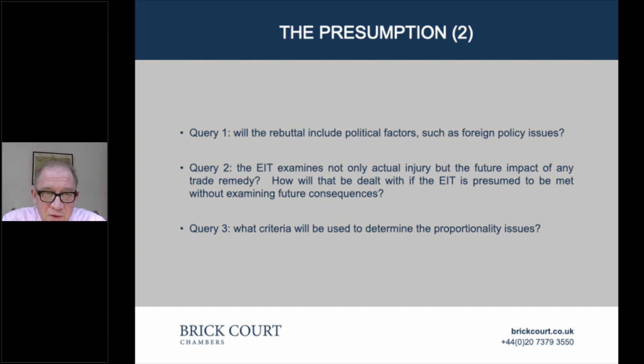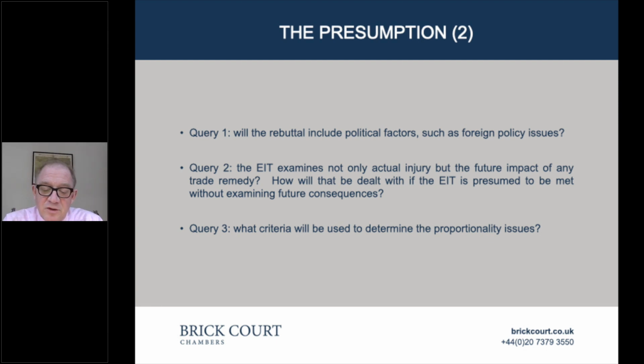Now, there are three queries that I think arise from this existence of a presumption in dumping and subsidy matters. The immediate problem is that it's predicated on actual injury. If there is actual injury, the presumption applies. However, as identified in the guidance I've referred to, the economic interest test not only looks at actual injury, but obviously also how a future trade remedy might affect the injury being caused to the domestic industry, in other words, looking forward. Now, that's very different from the existence of actual injury. And the guidance seeks to answer this particular issue